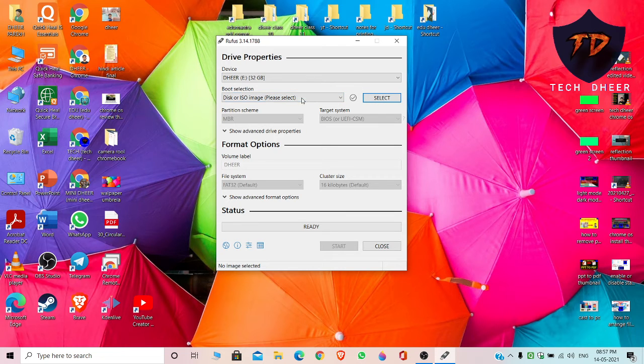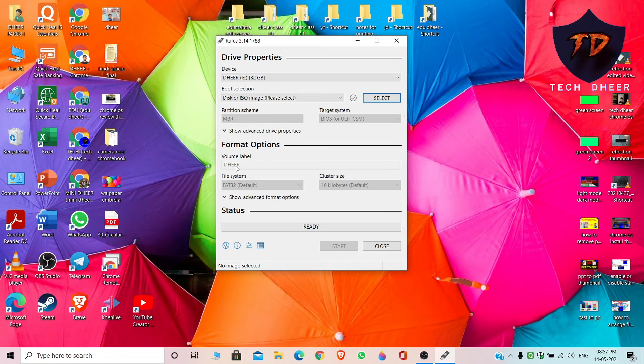You can just select an ISO file, and then you will get to select MBR or GPT over here, whichever partition scheme you have. As I told you in the arranging files video, there are two partition schemes, which are MBR and GPT. For UEFI systems, MBR and GPT both will work, but for legacy systems only MBR will work. And over here you can get BIOS or UEFI-CSM, or you will get an option for only UEFI. Okay, you can just select that, and then you can give your label.